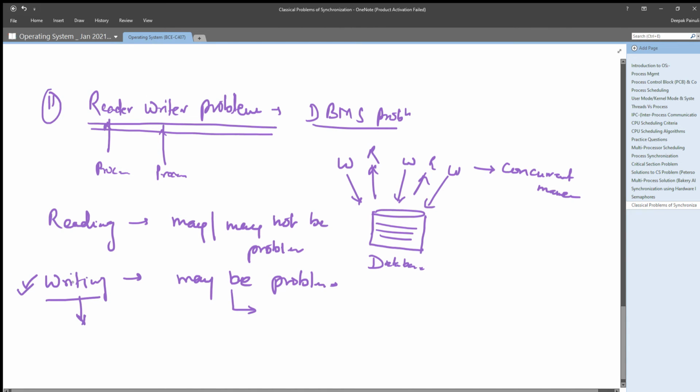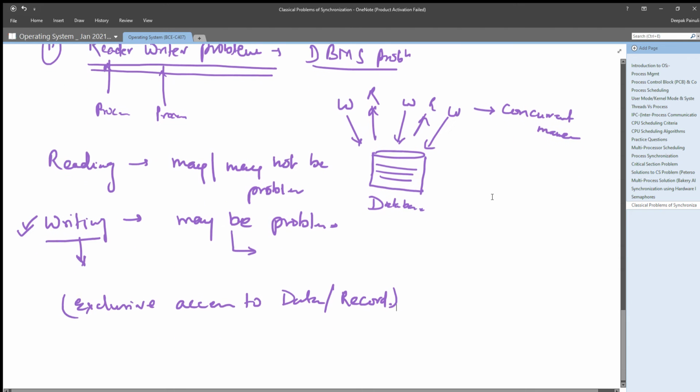At the time of writing, we simply want exclusive access to the database or record over which the writer is going to perform the writing operation, right? So the important one is the writer.